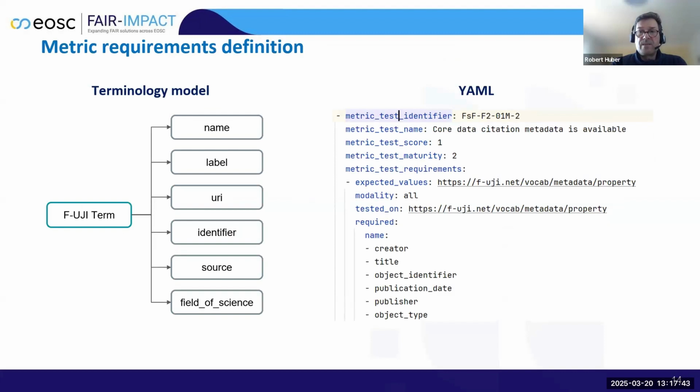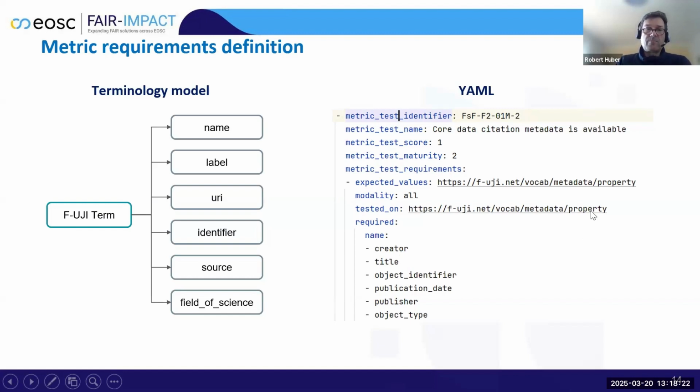On the right side, you see the YAML snippet, which defines a metric, for example, core data citation metadata is available. This test is then run against metadata properties. And here a list is given in required, which gives a list of those metadata properties which are expected to be present to pass the test. So these specifications, these URIs which are given here, for example, the metadata property and so on,